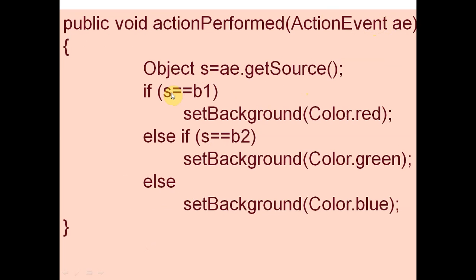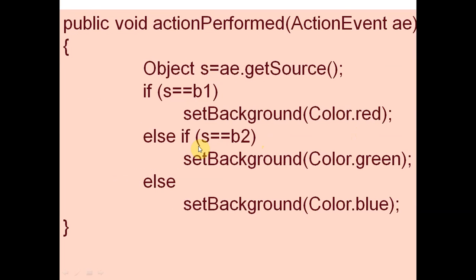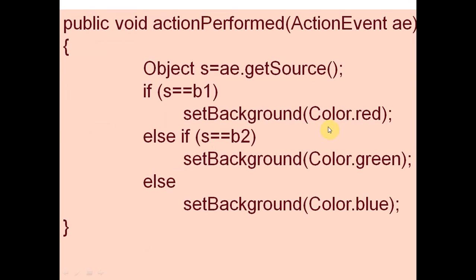So if s equals b1, meaning s has b1 and we are comparing s with b1, then setBackground(Color.red), because the name of button one is red, so it will convert the background of the screen into red color.